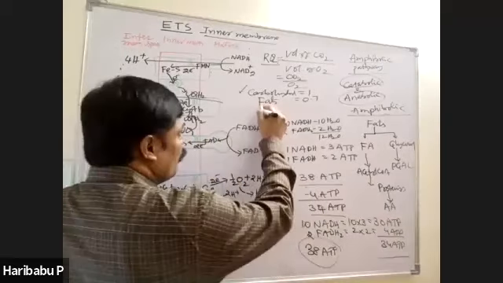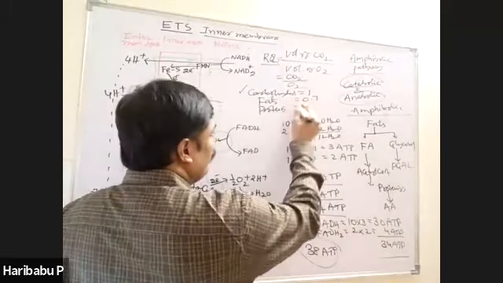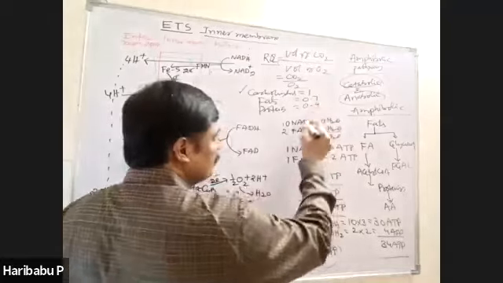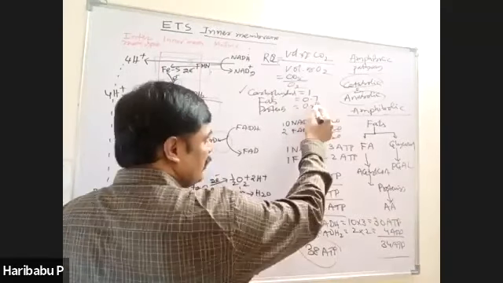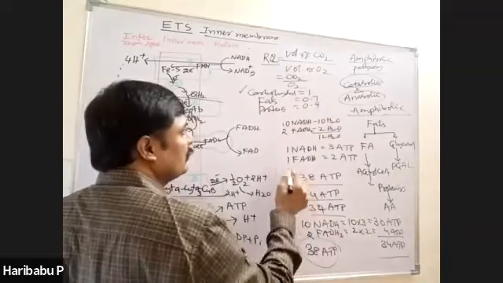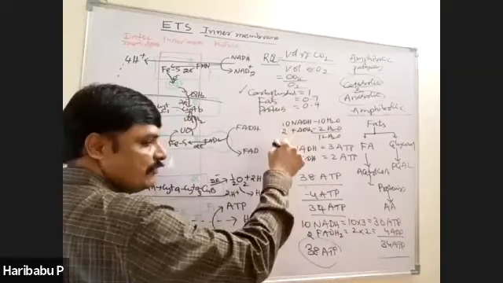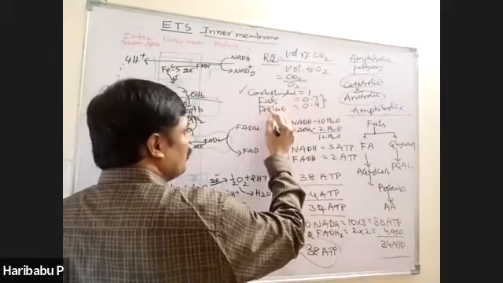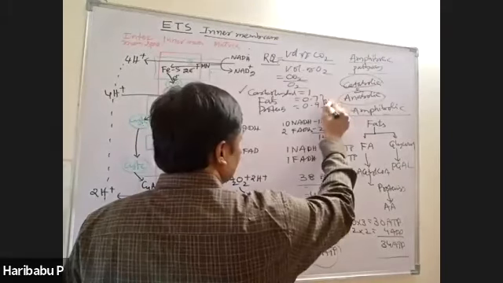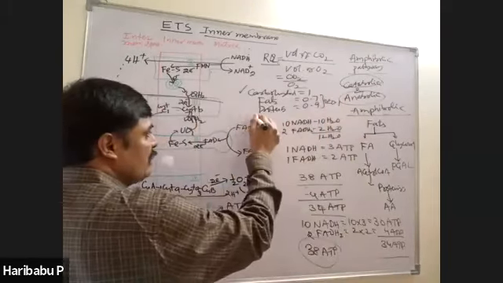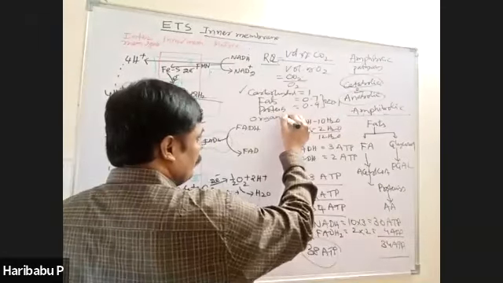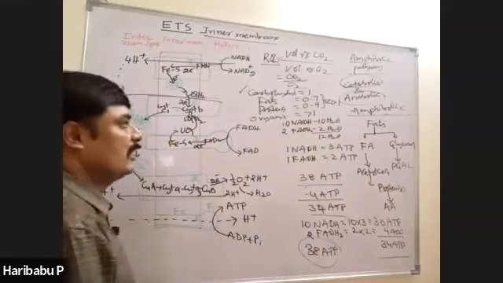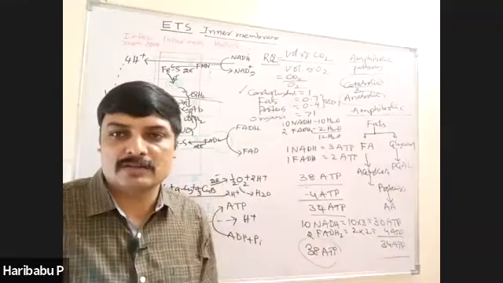Similarly, proteins act as respiratory substrates. Their value is 0.9. That is between 0.8 to 0.9, and exactly it is around 0.9. Here also it contains less oxygen. For its breakdown, more oxygen is required. Therefore, the value of RQ for both fats and proteins is less than 1. And if the respiratory substrates are organic acids, it is greater than 1 because it already contains high oxygen. For its breakdown, less oxygen is required.